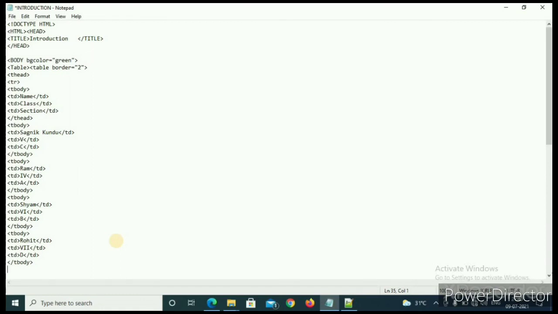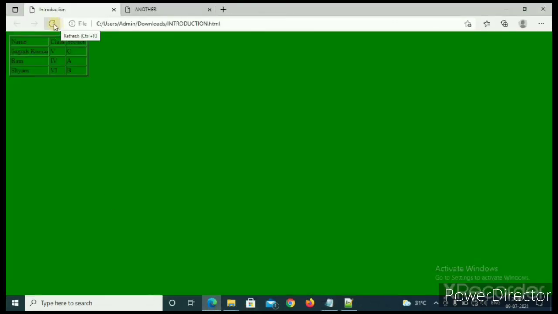So I have ended it, Control+S. As I've said, without saving it you cannot see the updated content. By reloading, you can see it added. I hope that now you could understand.